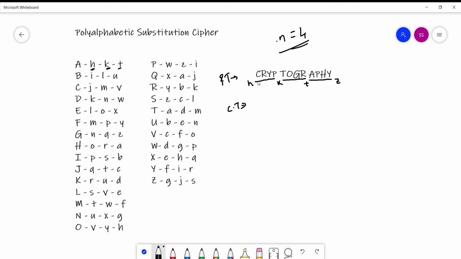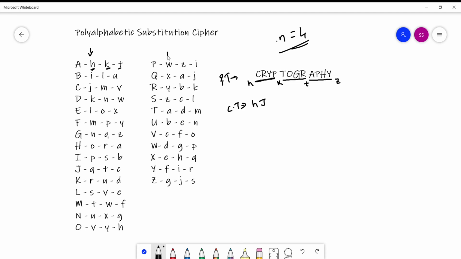For this cluster, I have to see this table because it says that this cluster is starting with H. So I have to see just this table. The first plain text alphabet is C and C is encrypted to J. So this C will become J. And before that I have to write H because it's starting with H. Now R. R is encrypting to Y in this table.